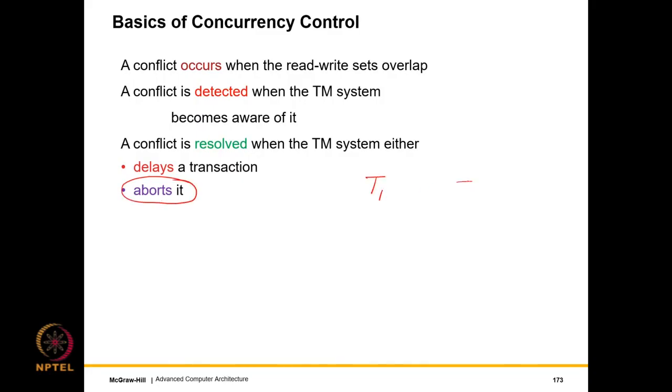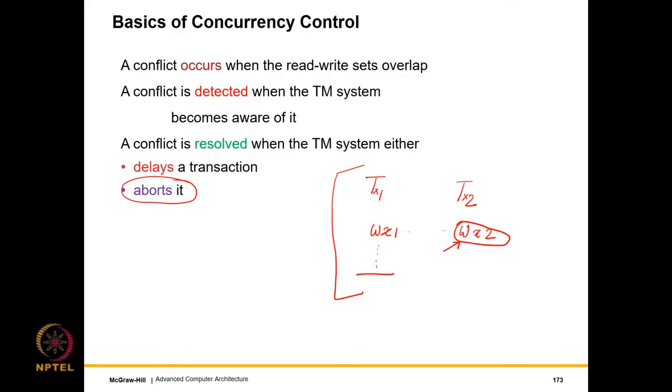The other one could be that if, let's say, there is a write-write conflict, right? I'm writing to some address, let's say X, and then T2 is writing to the same address X, but the values are different. So what we can do is that if there is a conflict over here, we can deliberately stall T2 and delay this instruction over here and just allow T1 to complete. After T1 completes, we can restart transaction T2 from this point. Right? I should rather add TX1 and TX2.